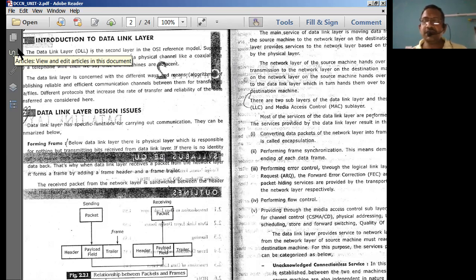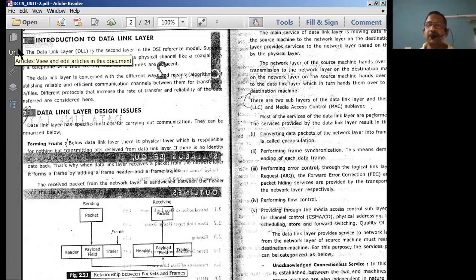That means all these four layers are going to interchange data from one type of system to another type of system, or one type of network to another type of network, or one type of technology to another type of technology. So these four layers play a vital role in communicating data from one end to another end. Therefore they are responsible for end-to-end communication, right from the transport layer to the physical layer. They are responsible primarily for end-to-end communications.